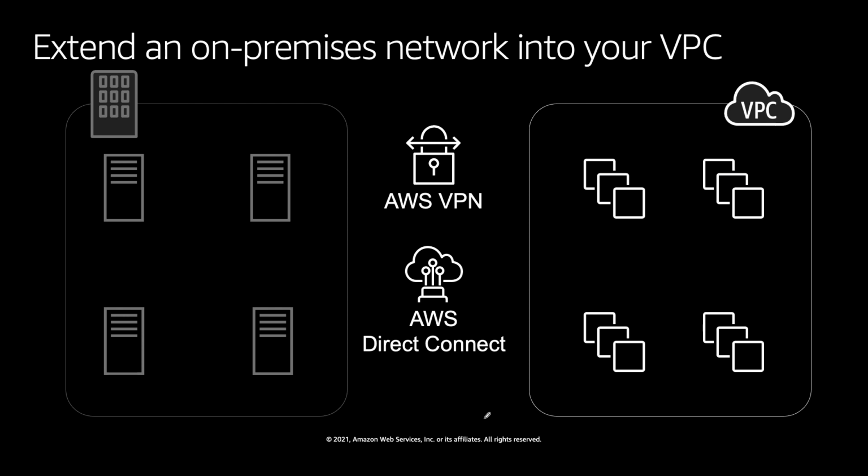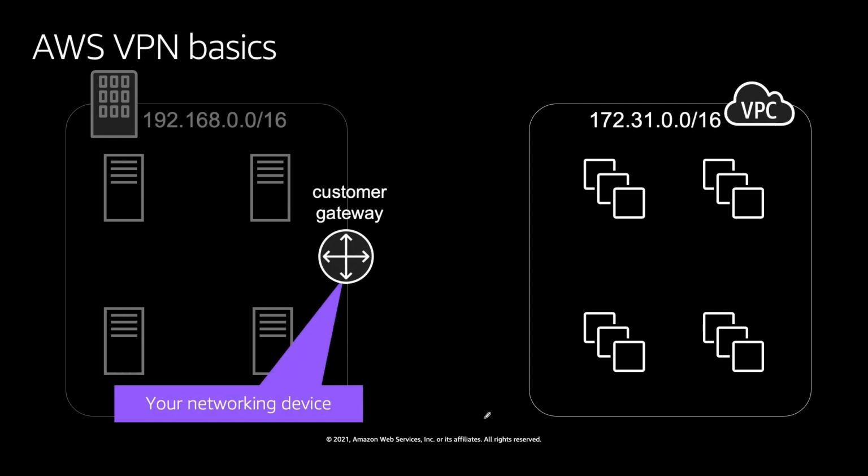So let's start with the AWS VPN connectivity. The first thing that you do is you create a customer gateway, right? That is at your on-premise side, and this could be any networking device. It could be a gateway, or a router, or a firewall, or whatever. And then you need to have a virtual private gateway, and this should be on the side of your VPC.